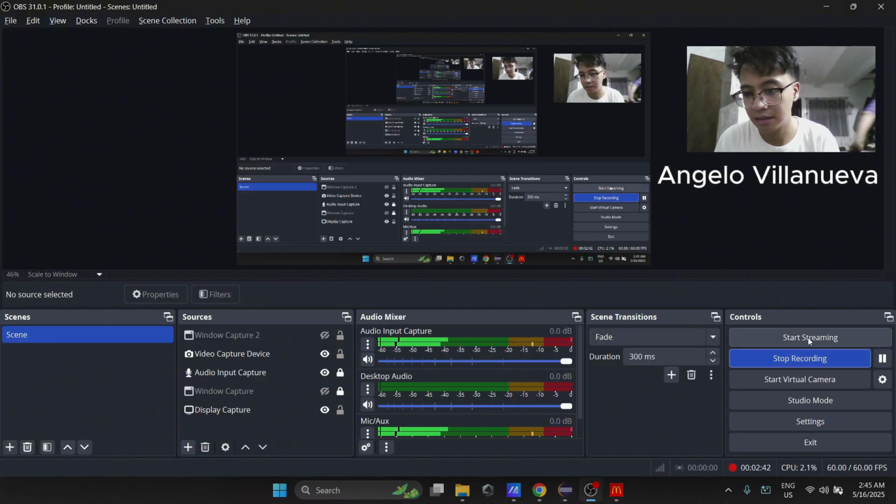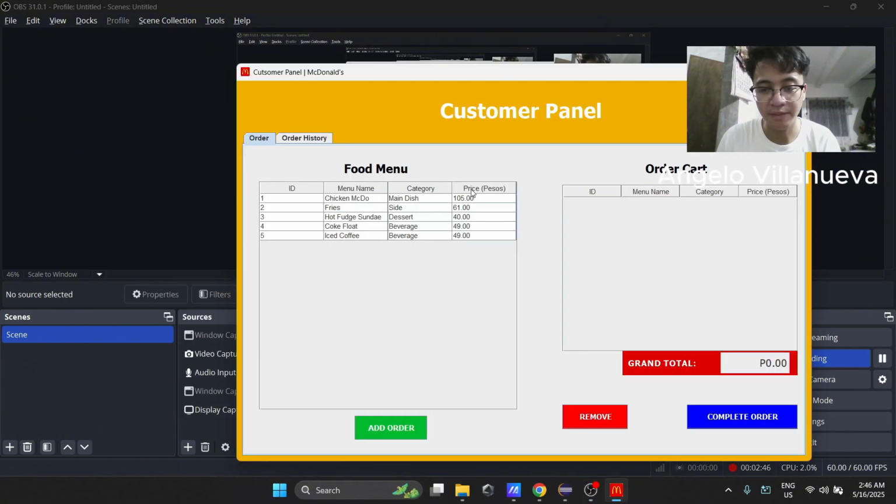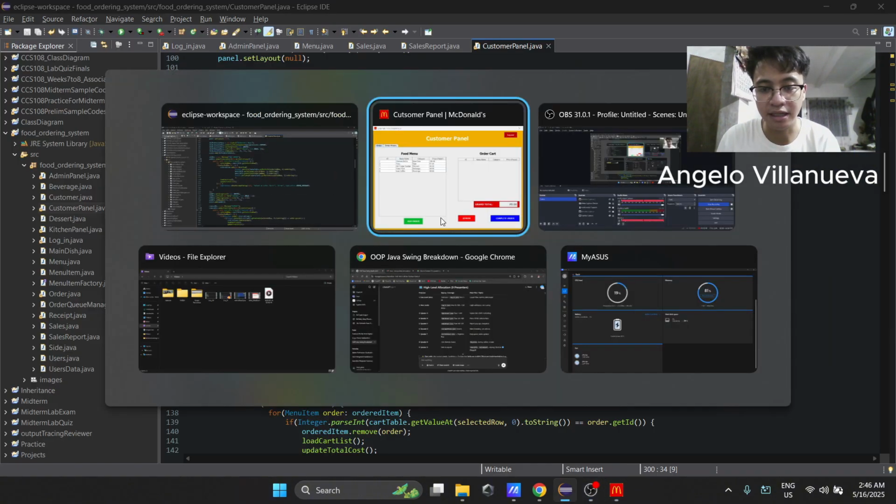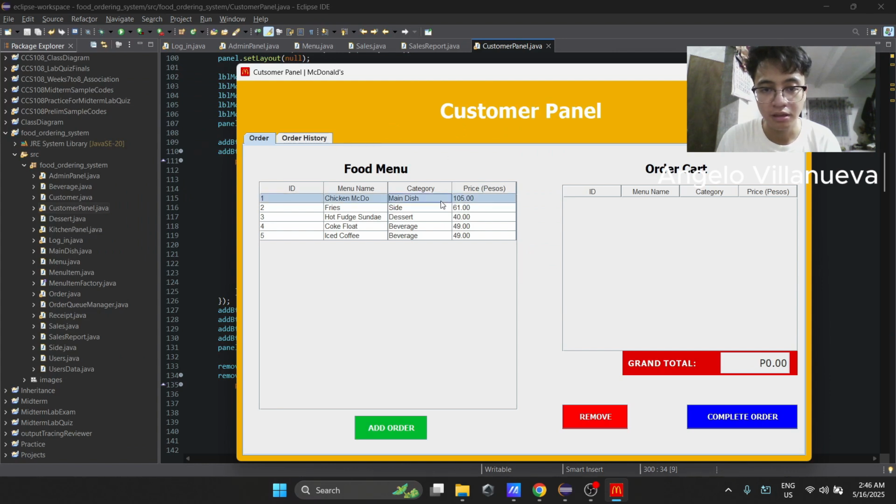Okay, so to add the menu we want to our order cart table, we used an action listener on our add order JButton, which is this one.